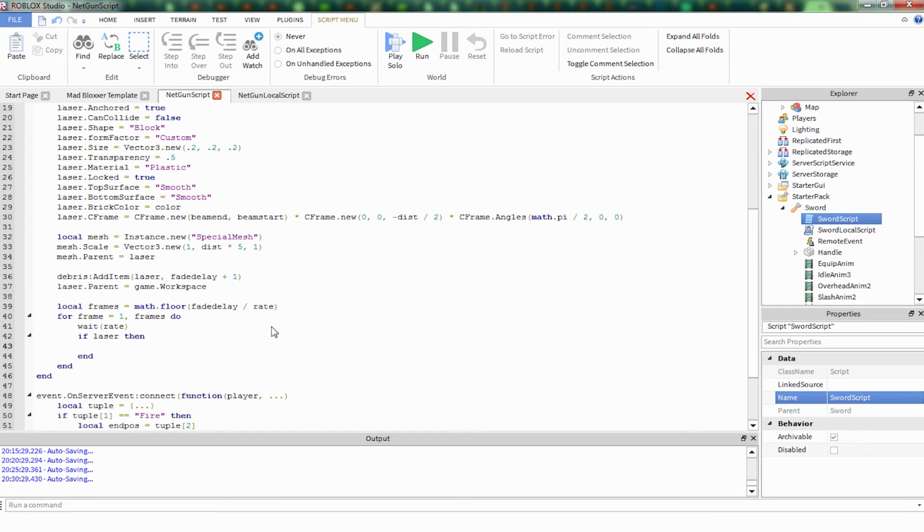Okay, some more math now. Local percent equals frame divided by frames. So this is how far in the animation we are. So if we're on frame 1 of 10, that means we're right at the beginning. We're 10% of the way through. So if you're on frame 9, you're 90% of the way through this animation. So now we know the percent at which we are through this animation, and depending on that, we're going to do laser